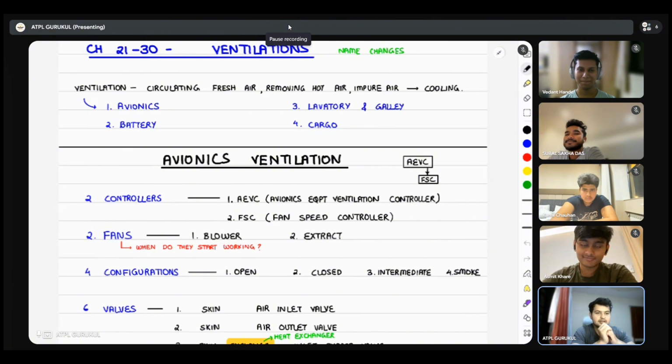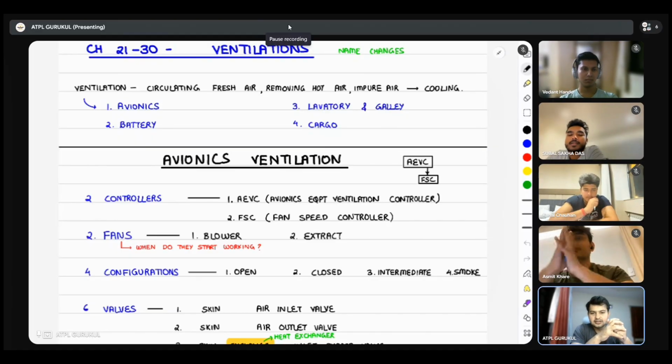So we don't want to do that. Let's simplify this for you. Let's start with avionics ventilation. Eyes on my screen. Avionics ventilation